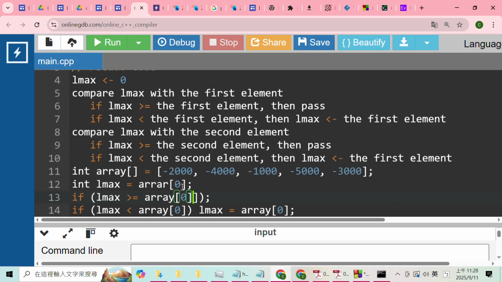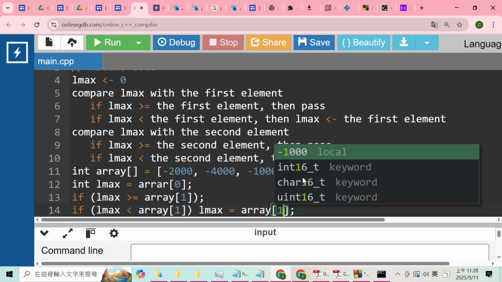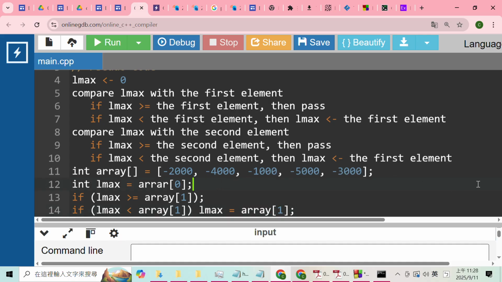You can directly compare with the second element. So here is the typical solution. You will assign the value of the first element to this variable as its initial value. This is fine because